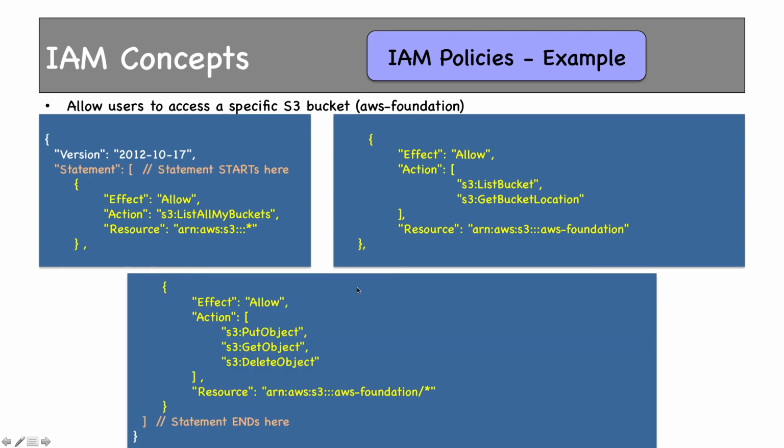The third element has a few more actions allowed on resources. If you see the ARN, at the end of the bucket there's a star, which means all objects under this bucket. The actions allowed are put object, get object, and delete object. Put object is to upload objects in a bucket. Get object is used for downloading objects from a bucket, and delete object is to remove objects from a bucket. And the statement ends here. Let's see a demo now, not a complex one. We'll also see a demo of resource-based policies using S3.